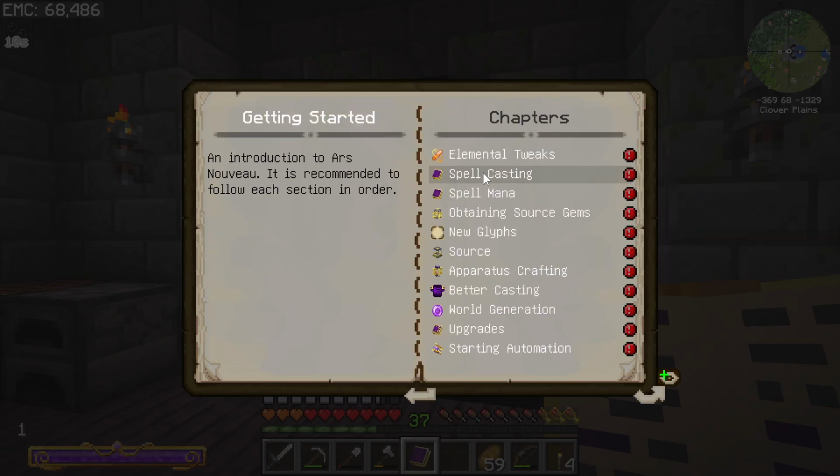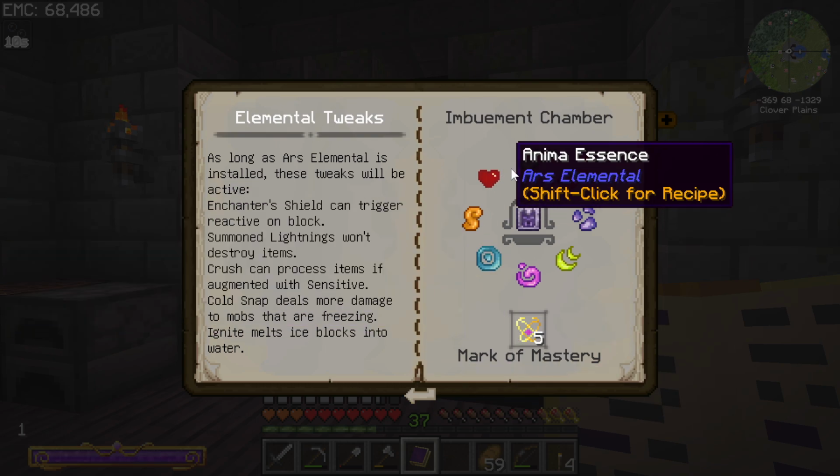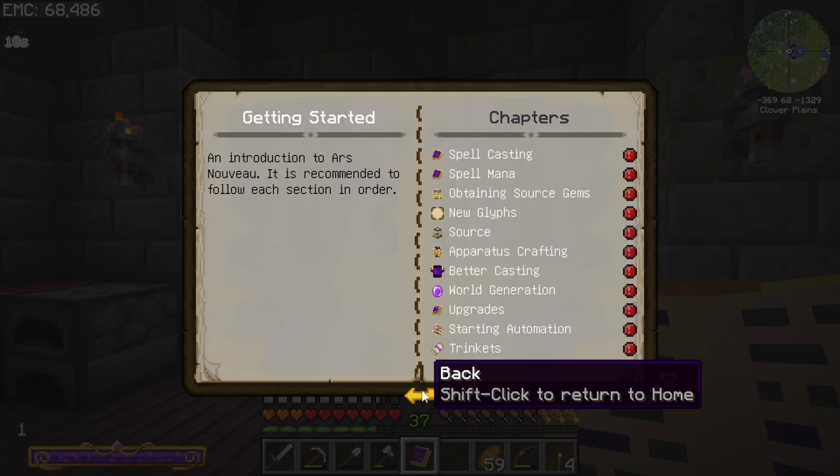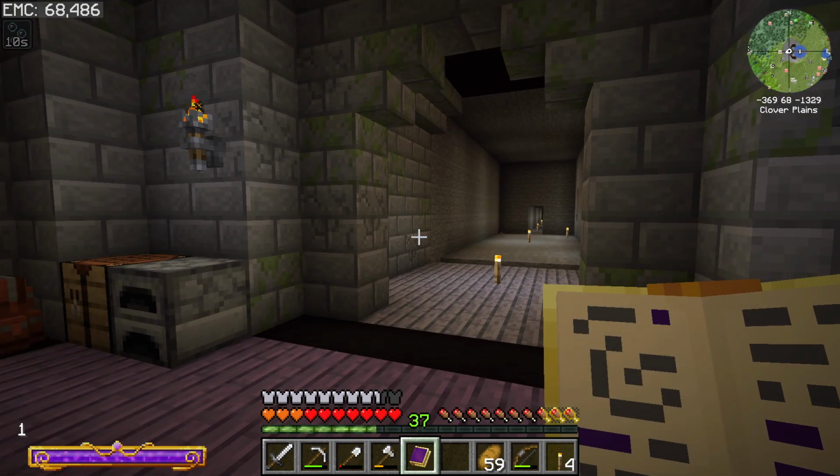Documentation. Getting started. Elemental tweaks. So this is all of the things, isn't it? The abjuration can trigger reactive. Okay. Begin spellcasting. First time a spellbook will allow you to create, store and cast spells using mana. A higher tier spellbook will provide additional spell slots, allowing you to craft your first spell. You must select the form of the spell. Form glyph must always be the first. Next, add any number of effects to the chain. Effects refer to what? So...